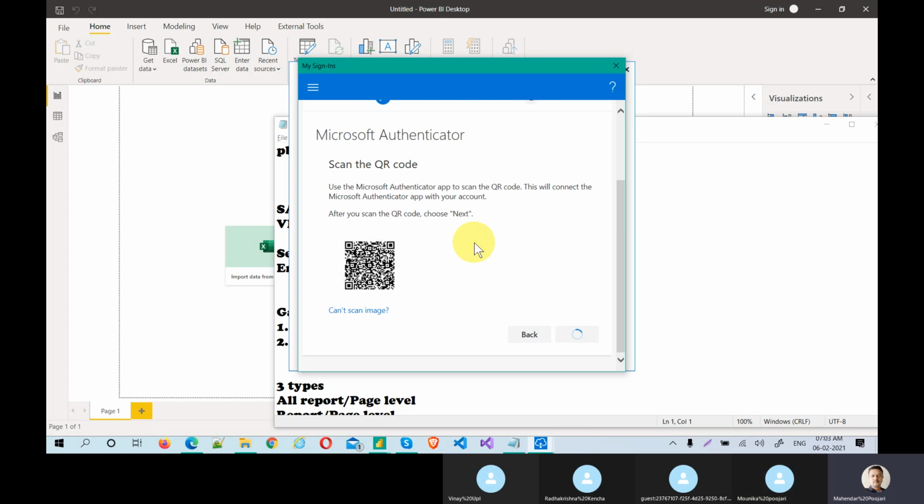Previously, hackers could hack the password, but if you have multi-factor authentication, they cannot hack your OTP, right? So this is one of the benefits. Okay, we'll see this tomorrow. I don't have the other mobile which I gave for this organization account creation.